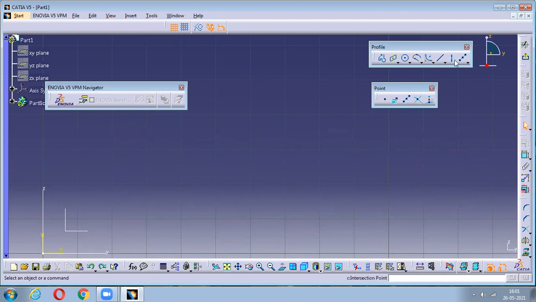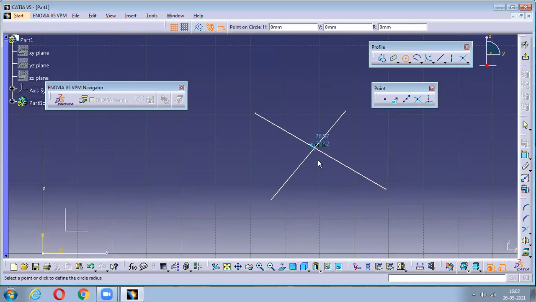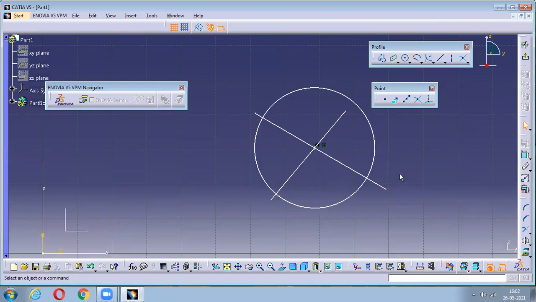The next thing we have is called the intersection point. For example, if you have two intersected lines like this and you want to create a circle exactly at the center, you can do it. Once you come to the intersection point, you can notice both lines being highlighted. But in some cases, if you are not getting that, go with this intersection point and select these two lines. Now you can notice a point has been created, which will help you create things exactly from that particular center.